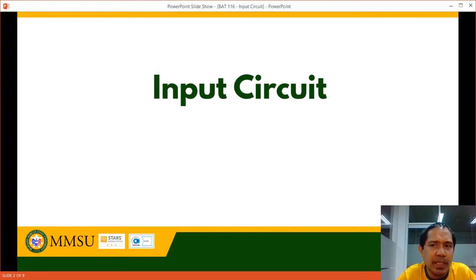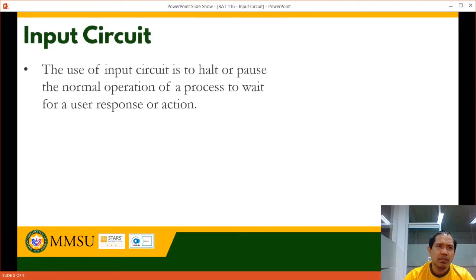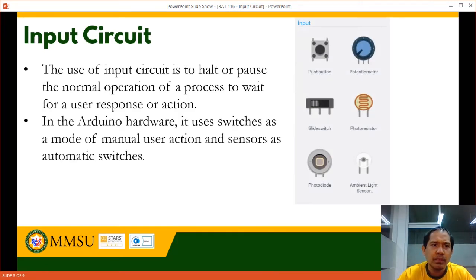Today we will discuss input circuits. The use of an input circuit is to halt or pause the normal operation of a process to wait for a user response or action. So in the Arduino hardware, it uses switches as a mode of manual user action and sensors as automatic switches. As you can see,